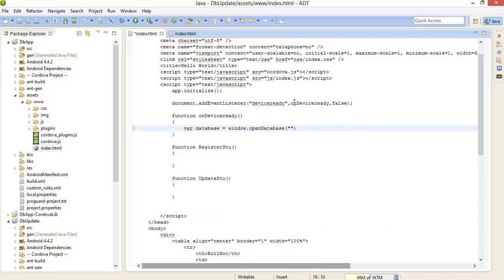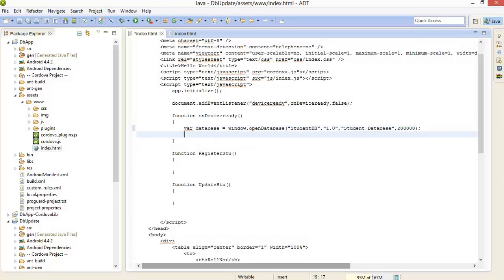Your database name, that is studentDB. After that, version 1.0, whatever you want. After that, display name, student database, and the size. I'm giving 2 lakh. Now we have to create a database, so I'm using this variable dot transaction